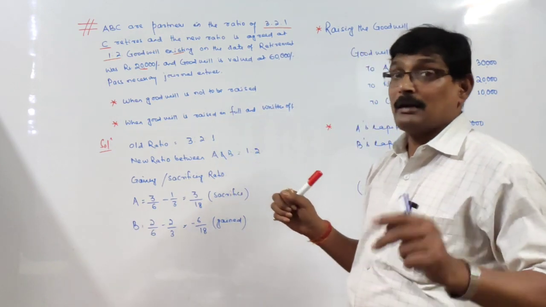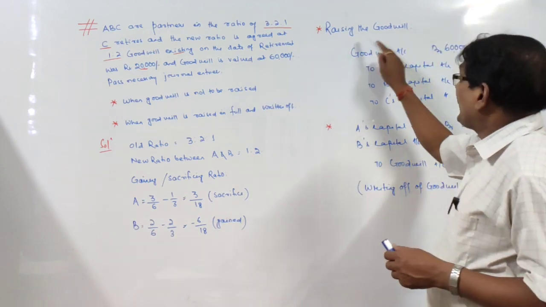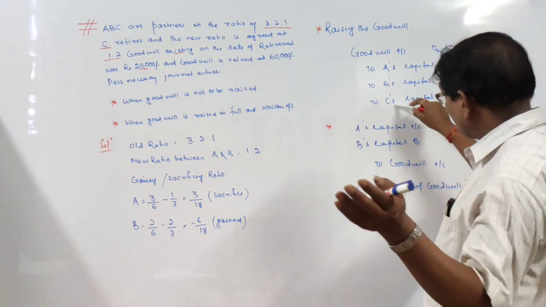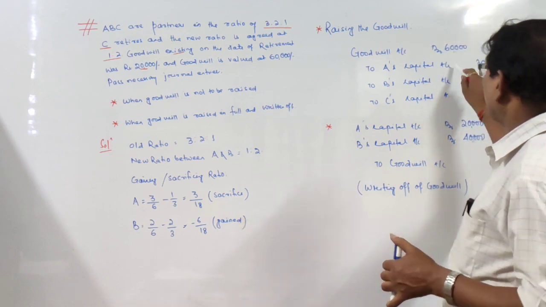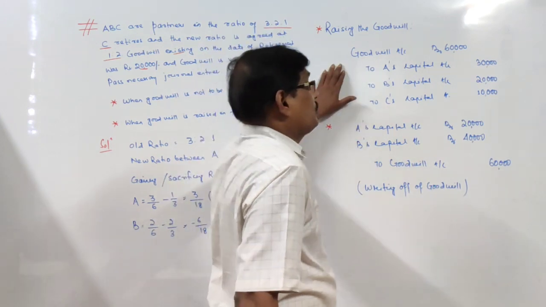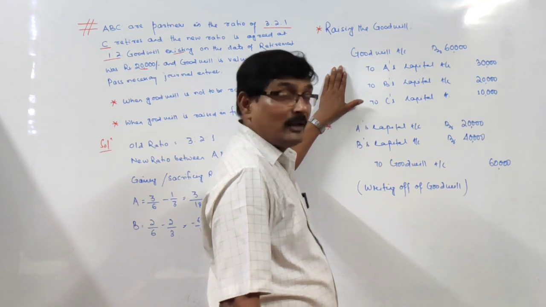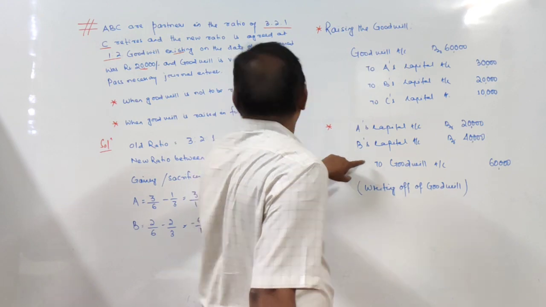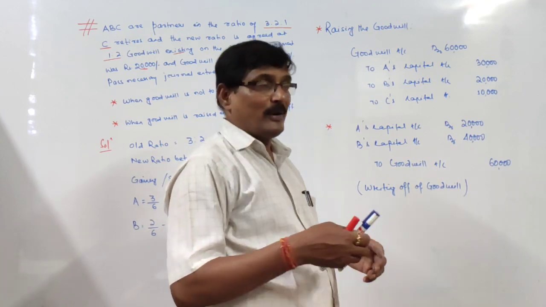Next. Now in the second case, it is given that goodwill is raised in full and written off. Now just see and compare it with the previous workings. To raise the goodwill, the entry will be goodwill account debited to old partners' capital accounts, that is inclusive of the retiring partner, so 60,000 rupees will be credited in the ratio 3:2:1. As soon as we have raised it, immediately we have to write it off among continuing partners in the new ratio. So the entry will be A's capital account debited, B's capital account debited, to goodwill, and the new ratio is 1:2.